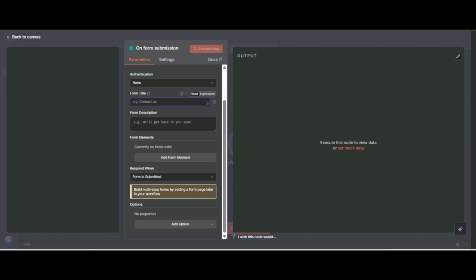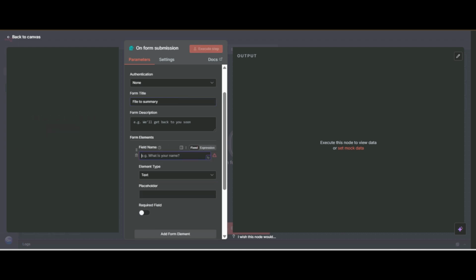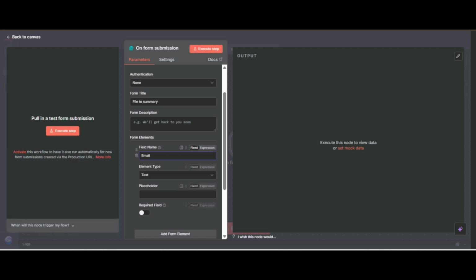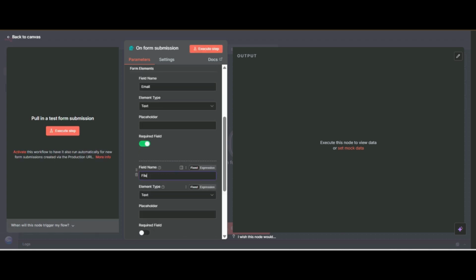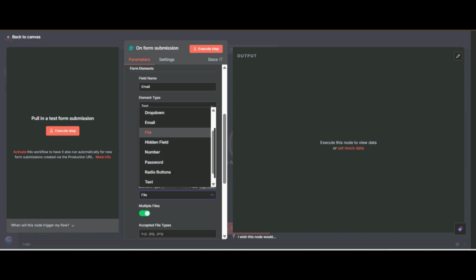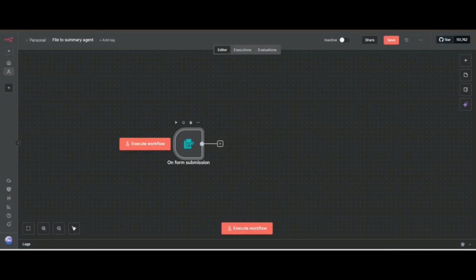First I will give the title, file to summary, and now I need first an email, which will be required, and second a file. So the element type will be file, so that it has the ability to upload the file.